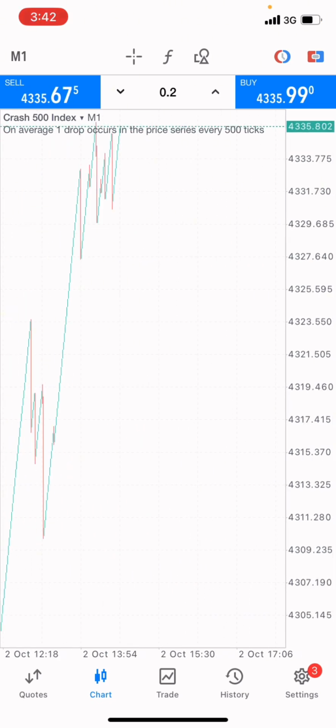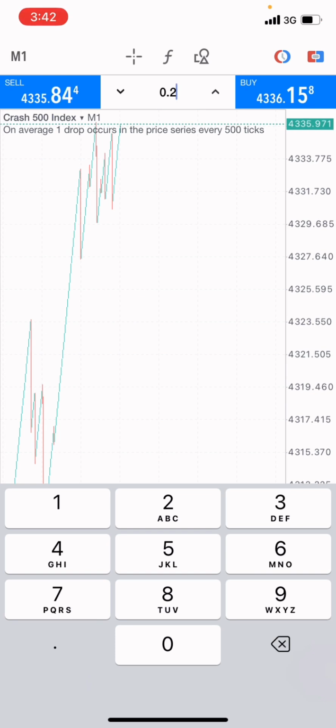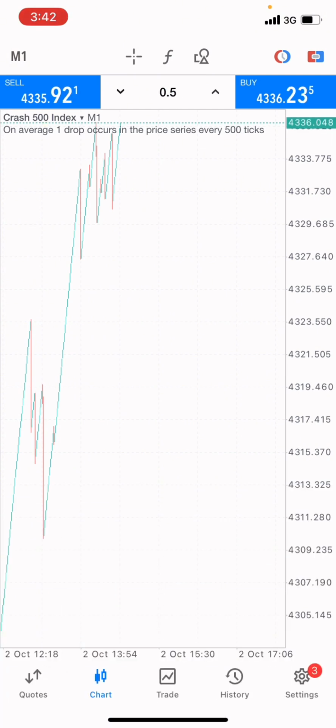If you want to trade it like a professional trader, first of all, like I said, jot down the amount you are willing to make at the end of the trade. For example, I want to make $100 from this trade entry for a day. What I'll do now is set the lot size I want to use. The lot size you use also depends on the capital you have. So let's say I want to use 0.5 as my lot size.